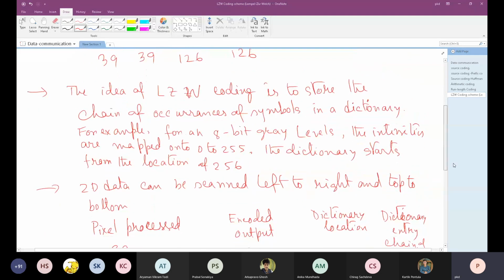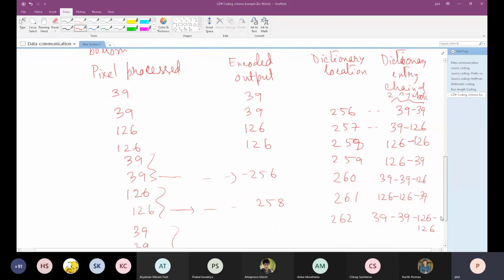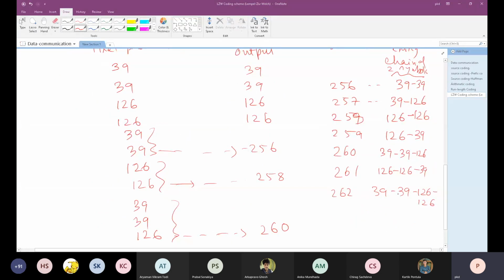And next we will have 39, 39, 126, like four symbols together. So this is the concept, you can manipulate it as we scan the symbols. We are basically storing a chain of symbols by one symbol. So this is a very interesting idea that these three people have given, and initially it was very popular, but